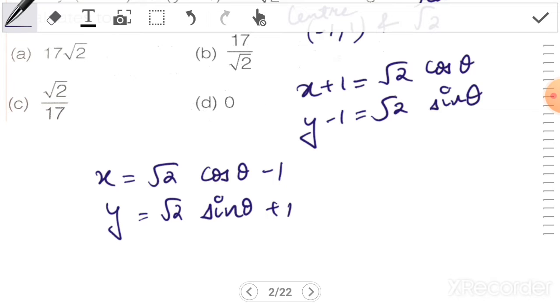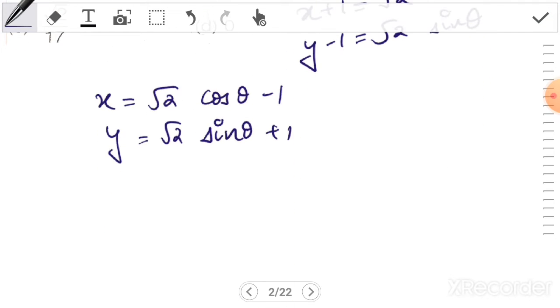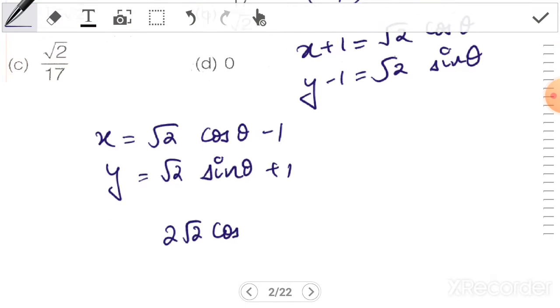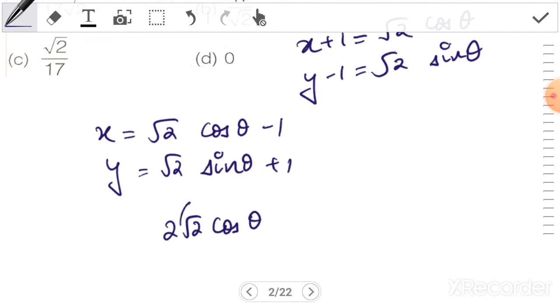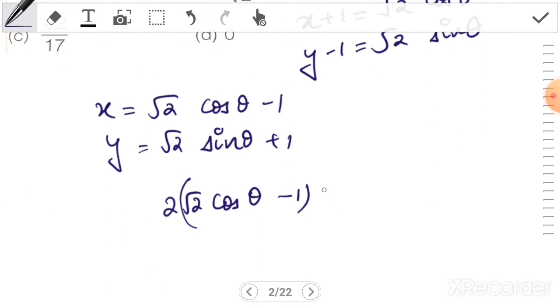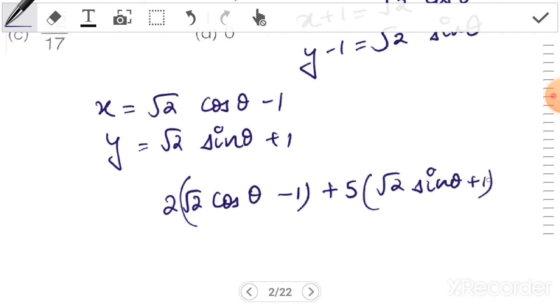Now let us put the values of x and y in the equation of the surface. So we have 2 root 2 cos theta minus 1, that is 2x, and plus 5y, so plus 5 root 2 sin theta plus 1, minus 3. Okay,